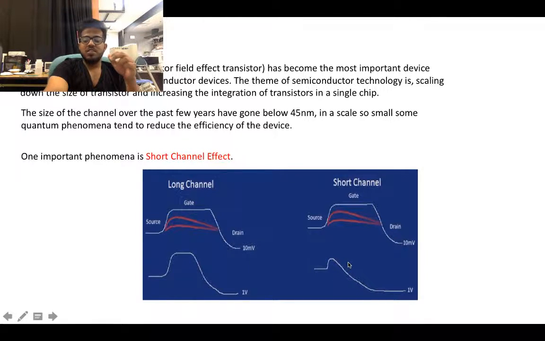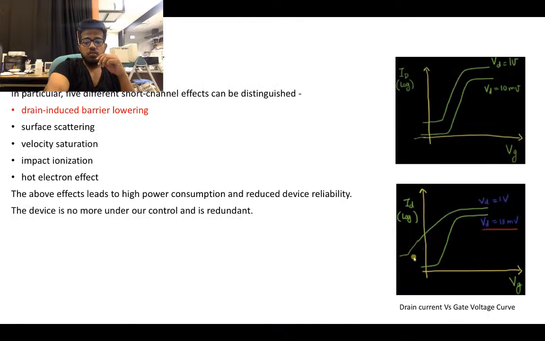So now what happens is your transistor is no more controlled by your gate in this case. In this case, your gate is actually nonexistent and it is directly a small gap between source and drain, and the source is actually connected to drain and it is again a short circuit. So you lose control over your device if such a condition arises, which arises due to this short channel effect. Now, short channel effect has been divided into five types,